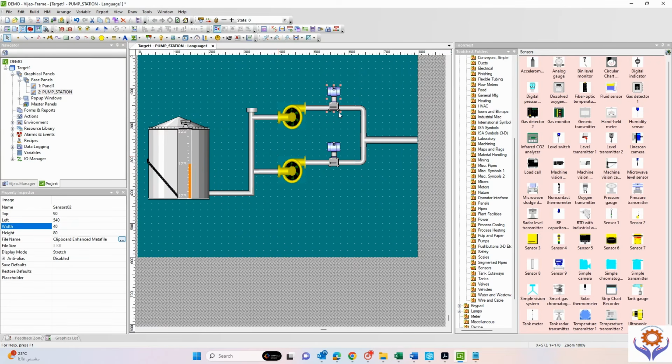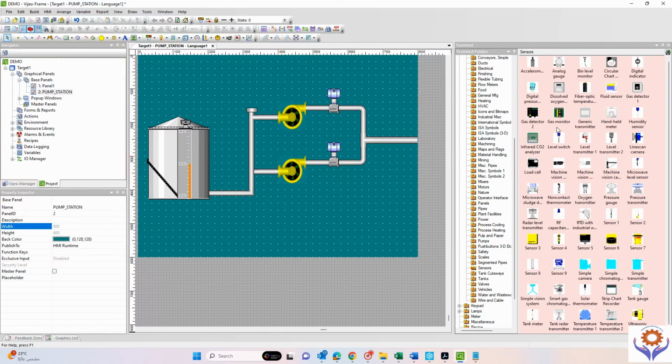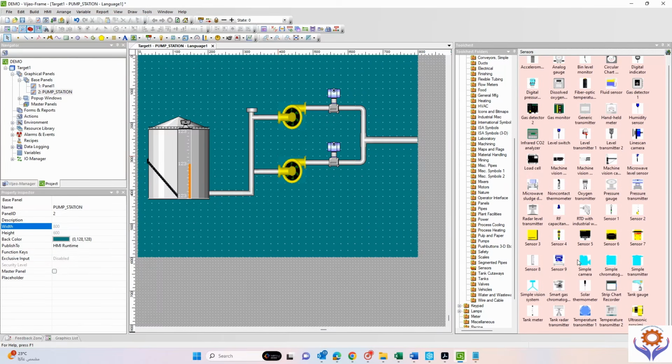Once you put the pump 1 pressure and pump 2 pressure, then I need to add one more called flow transmitter. So I will search for one of the flow transmitter sensors here. If I go still down,